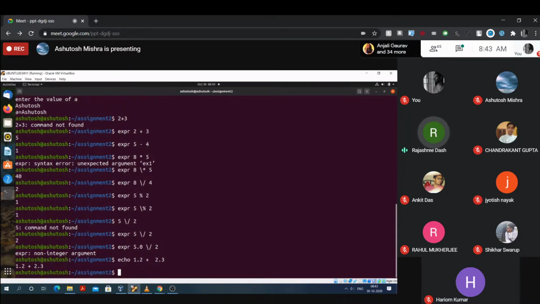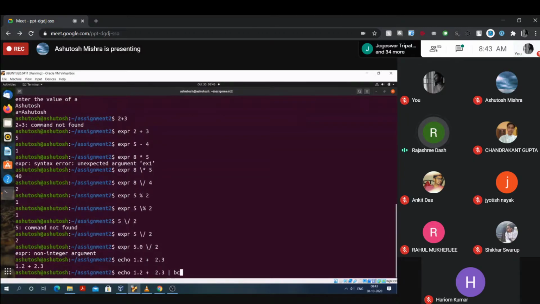So as I have told you, to do the operation on these floating point numbers, we need the bc command. So once again you write echo 1.2 plus 2.3. After that, give the pipe symbol and write bc. bc is used as a calculator.